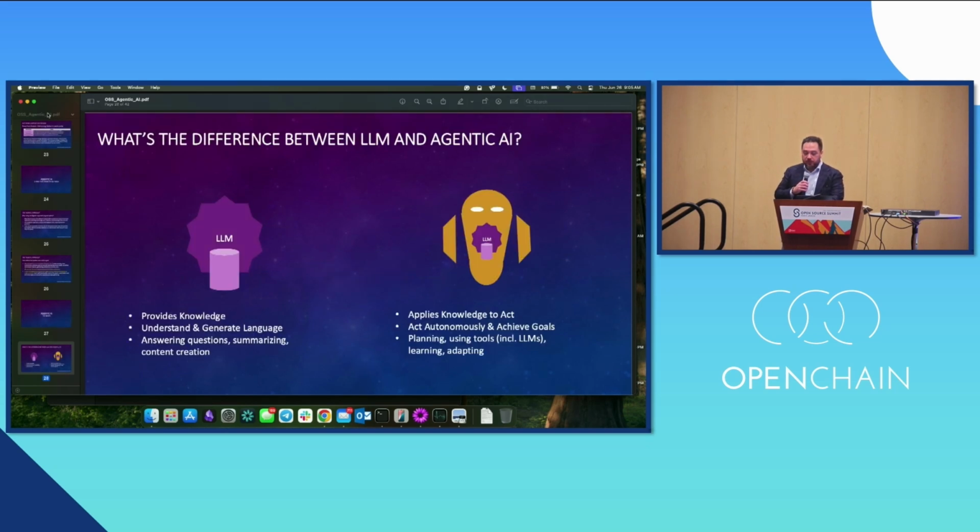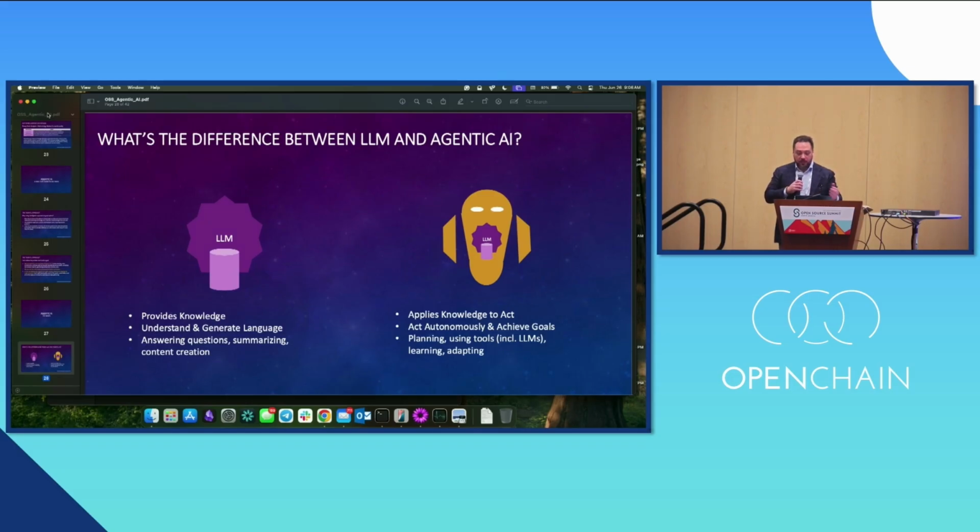So before jumping into agentic and the solution I'm going to show live, I want to talk a little about the difference, right? My hope is everyone understands the difference between an LLM and an agent. Basically, the LLM provides knowledge, it is the brain, understands general language, does the translation, summarizes and manages the data, but it doesn't act, doesn't execute tooling.